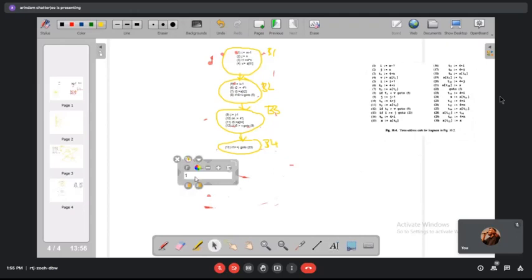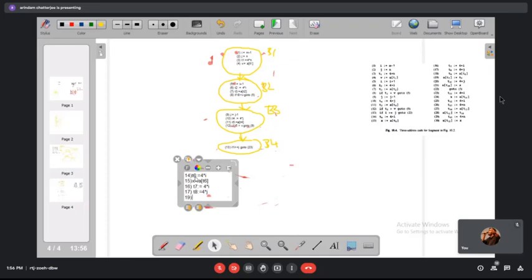So 14 is T6 is assigned the value 4 star I, then 15 is X is assigned the value A T6, then 16 is T7 is assigned the value 4 star I, then 17 is assigned the value T8, 4 star J,